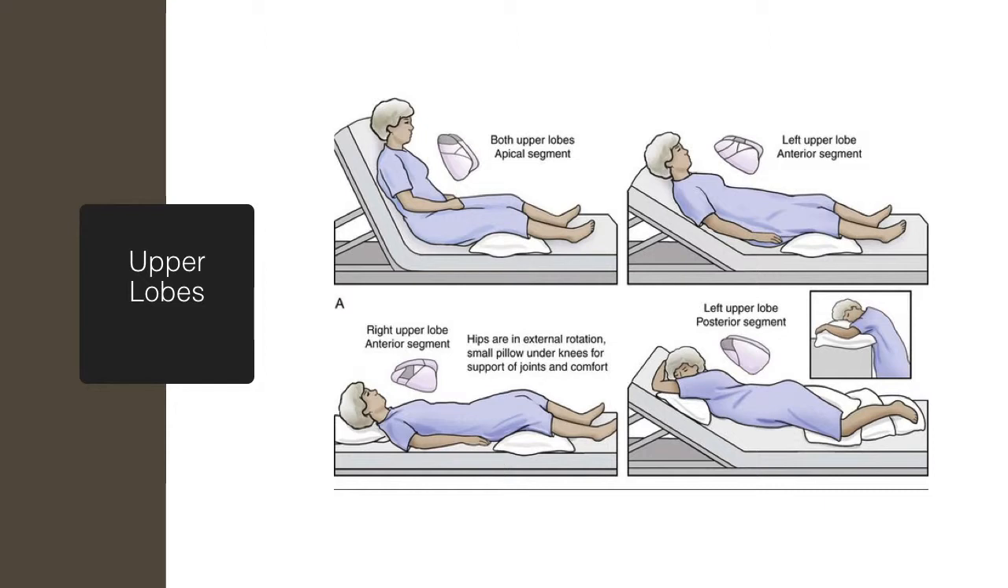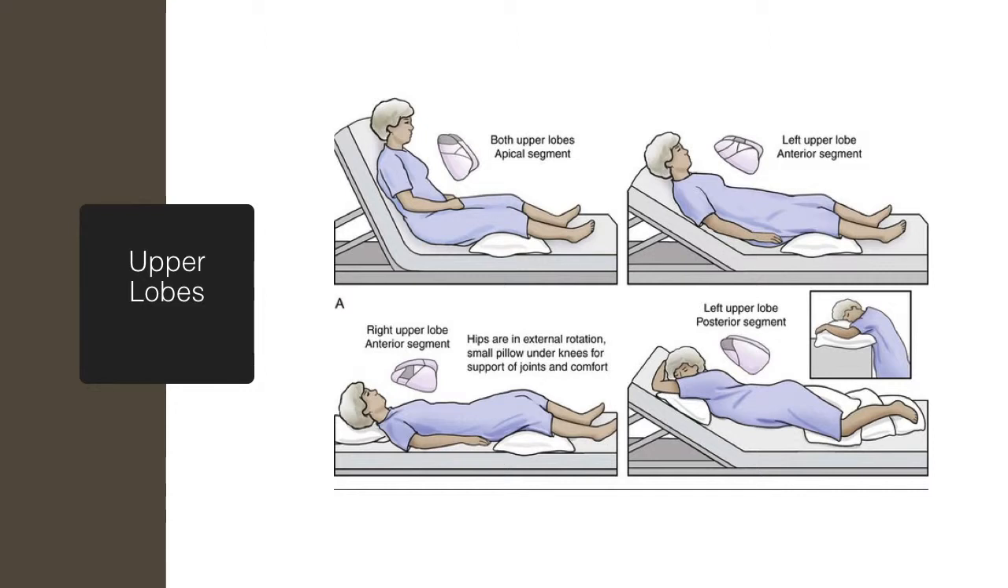To drain the apical portions of the upper lobes, you position the patient in long sitting with a pillow under their knees with the head of bed elevated around 60 degrees, and this is what is referred to as Fowler's position. For the left upper lobe anterior segment, you're going to have them in reverse Trendelenburg, so the head of bed would be elevated about 18 to 20 degrees. For the right, you're going to have them with the table flat, and again, pillow under the knees